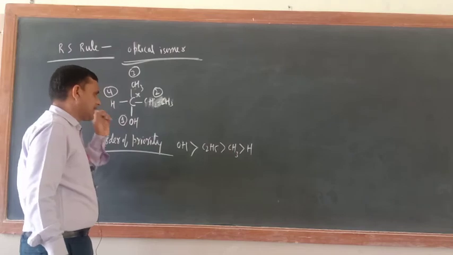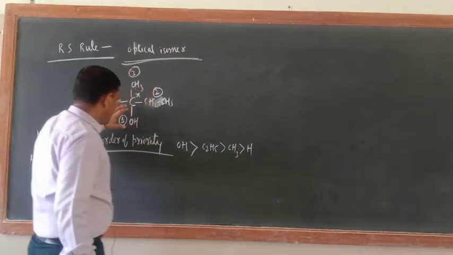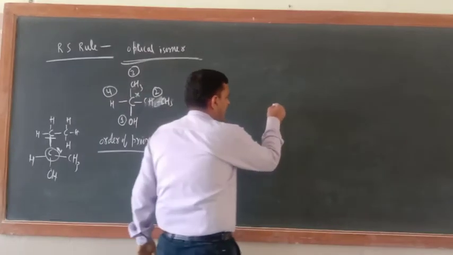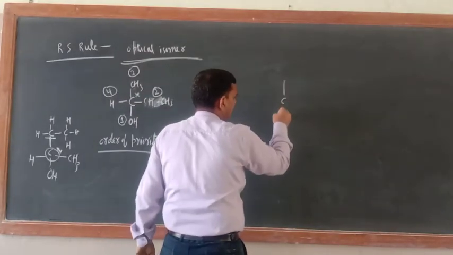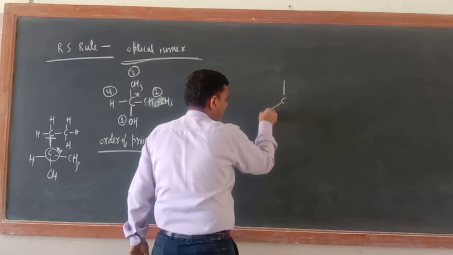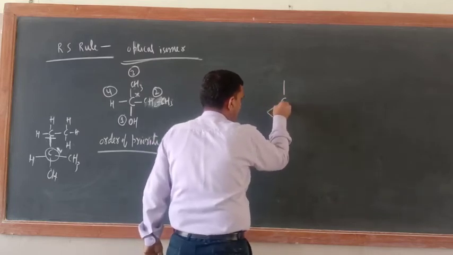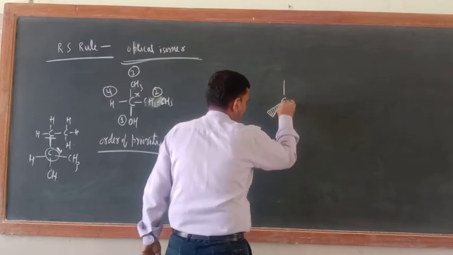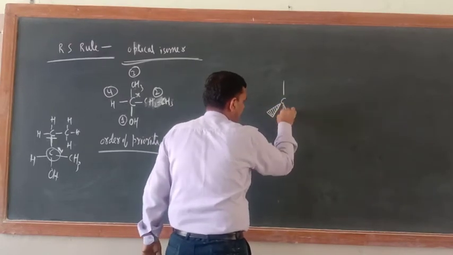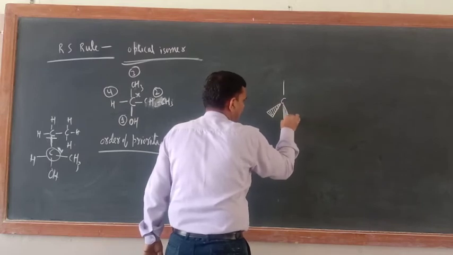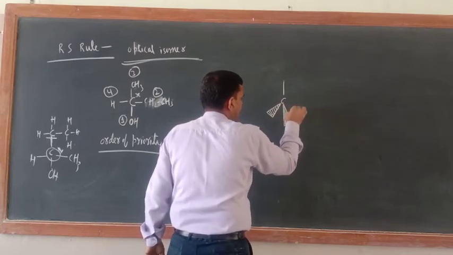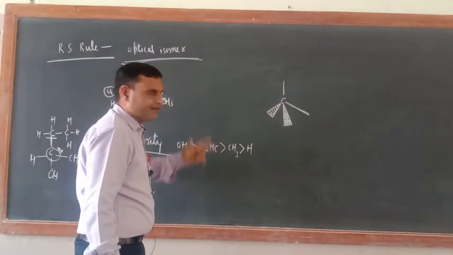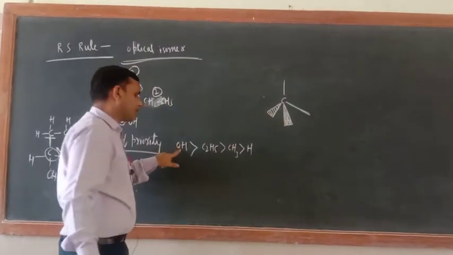Now see here, this should be made in tetrahedral form. So the tetrahedral form is this one. One bond is projecting away from the viewer, the dash wedge, another is the bond projecting towards the viewer, above the plane of the paper, and one is normal. This is the tetrahedral geometry. Just see, at the top who should be there?